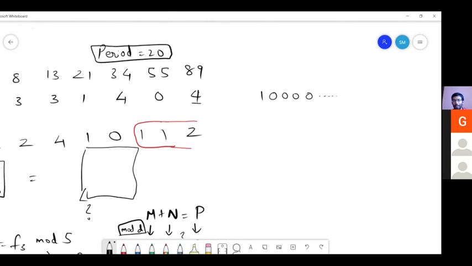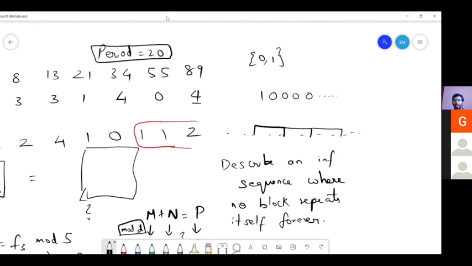Now it is nice that you just chose 0 and 1. Can you make a sequence out of this 0 and 1? Can you describe an infinite sequence of 0 and 1, where there is no repetition at all? When I say repetition, no block of the sequence should repeat whatsoever. Have you encountered any such sequences before?